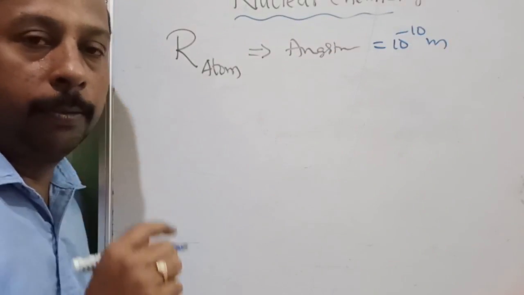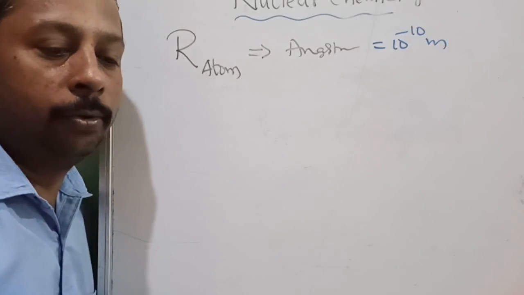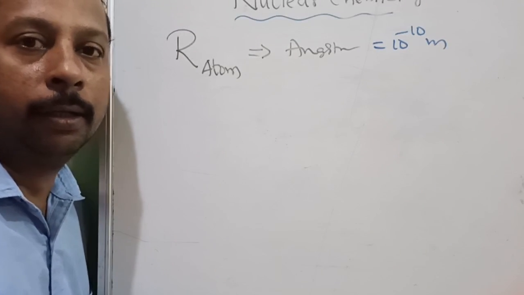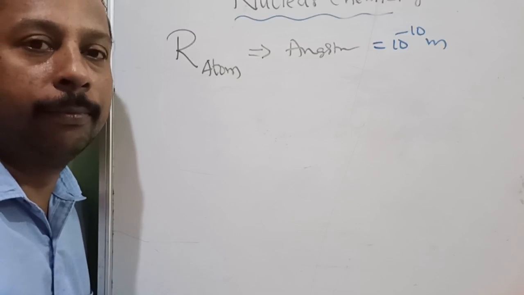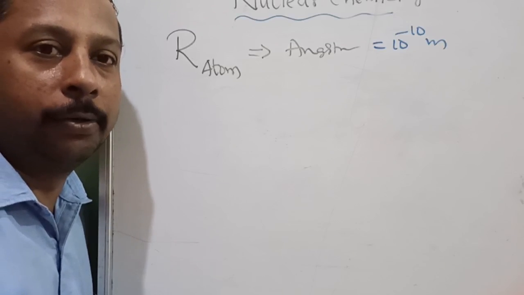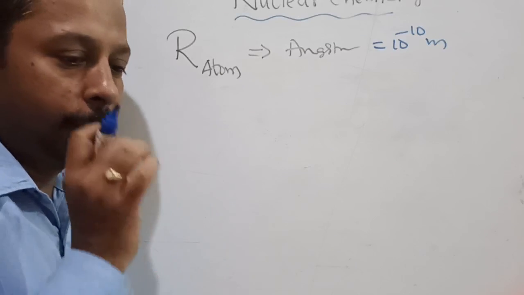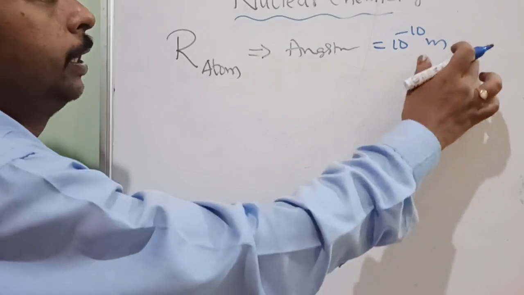Okay, so people should be surprised: I was knowing only this formula, from where did you come to know about the derivation? So you should explain to them: I am a student of Chem, where everything is explained neat and clean. Understood? So this is the radius of an atom.